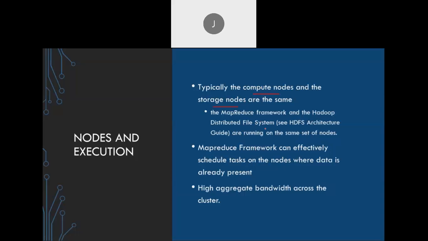The MapReduce framework and the Hadoop Distributed File System are all running on the same set of nodes. The MapReduce framework can efficiently schedule the task on the nodes where data is already present. That is, the MapReduce engine will start the tasks where the data is present. As I told you that day, think of it like this: there is a master and many data nodes. Rather than bringing the data to the master node and starting the processing, Hadoop MapReduce